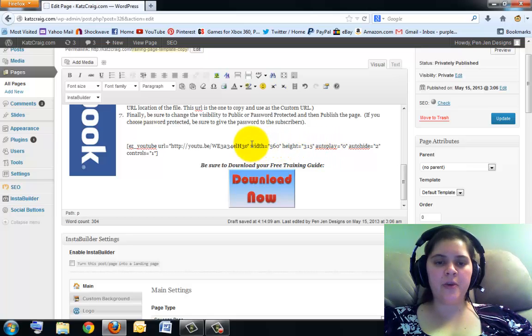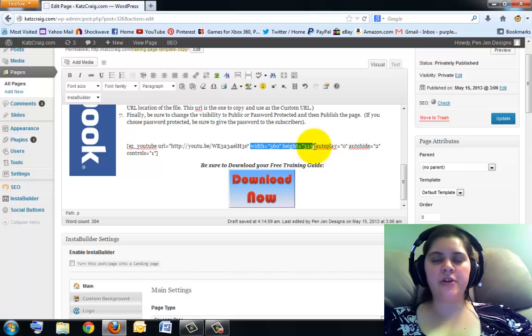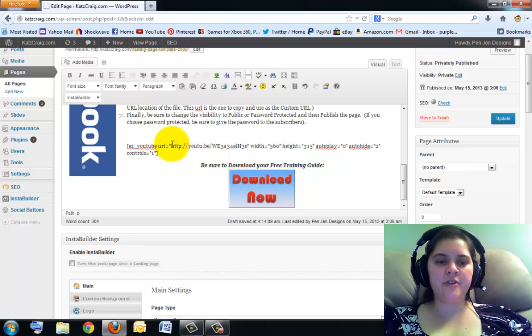Now, the width and height are set to 560 by 315. If for some reason the video that you're going to put in doesn't match those numbers, you can edit this width and height, but you want to be careful you don't make it too big or it won't fit on your web page. So really the only thing you need to do is change this URL to the share link